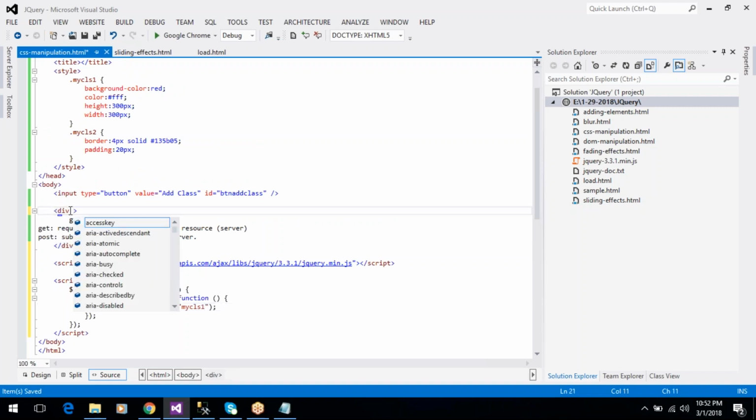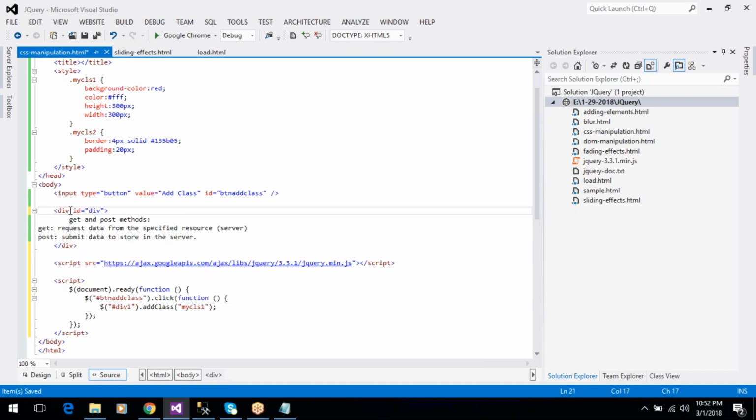So the div id is div1. So based on this id we are finding the div tag and applying the class to the div tag. So when you click on this button,